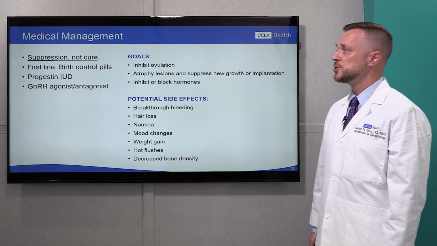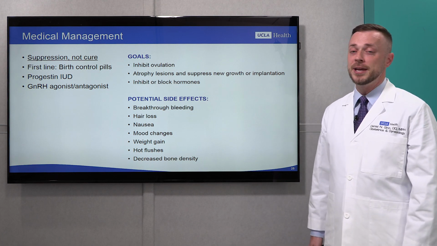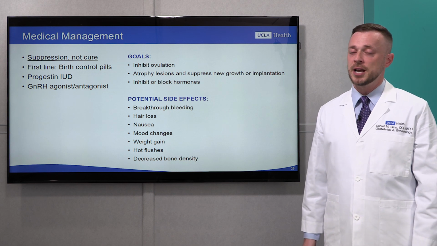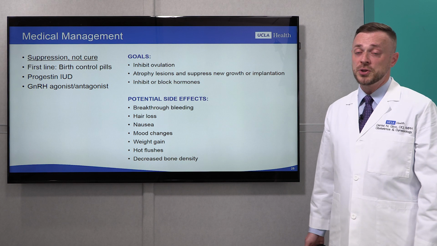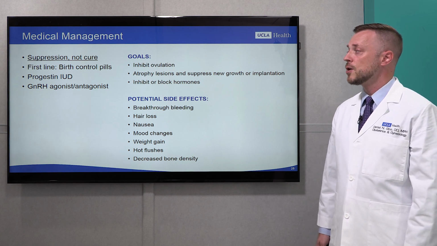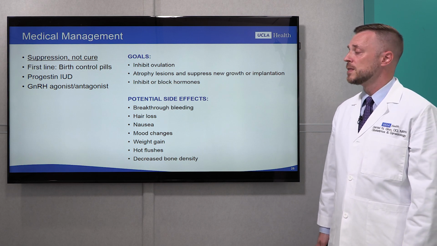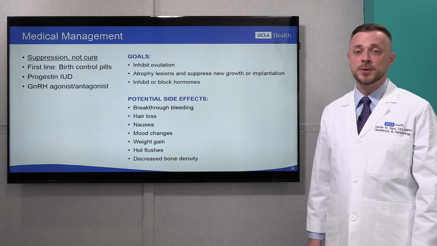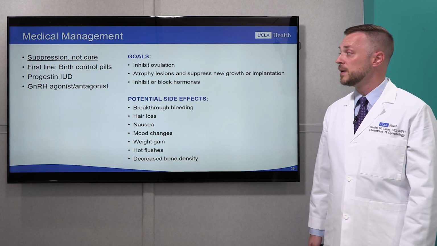Talking about medical management, it's important from my perspective to acknowledge that medical management is suppression of disease, not cure of disease. First line for medical management is generally birth control pills. Progestin IUDs are also very effective, and then there are other medications called GnRH agonists and antagonists. The GnRH agonists and antagonists are medications that work at the brain level to cause downregulation of the female hormones